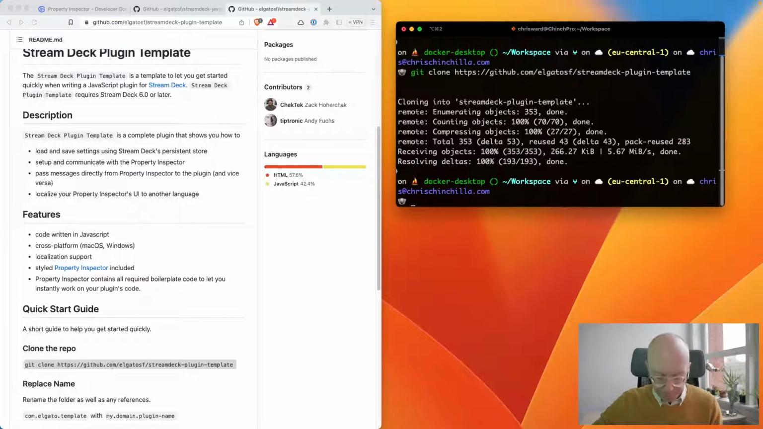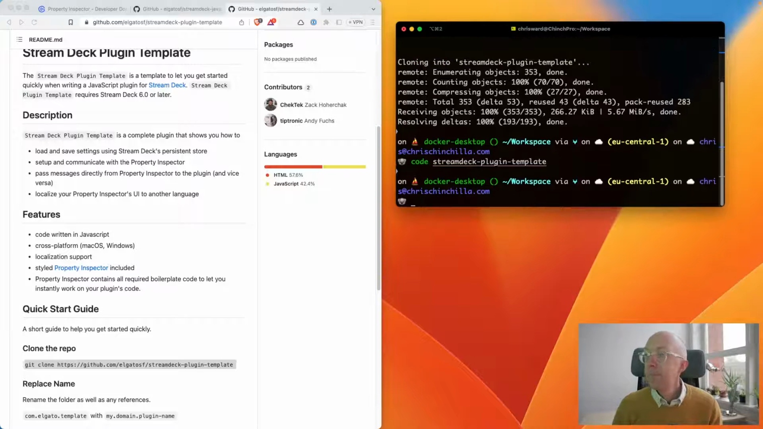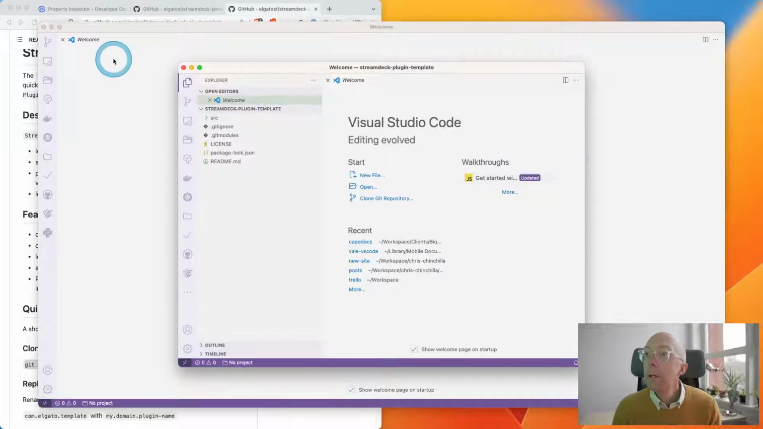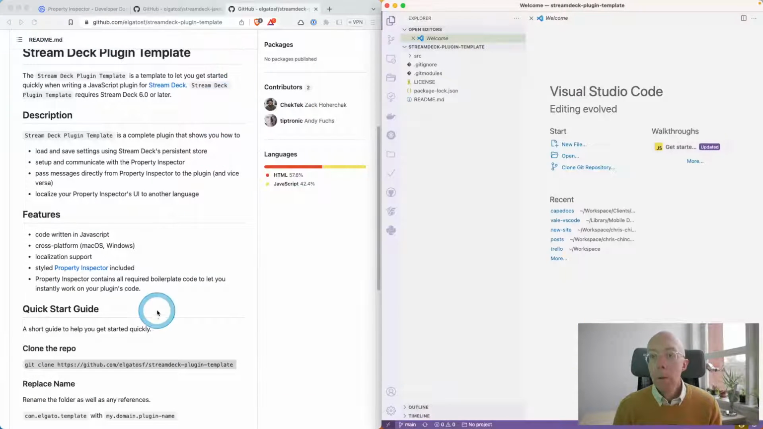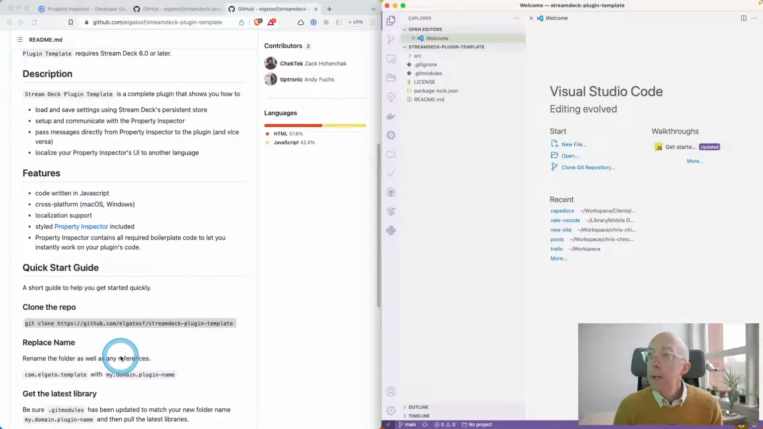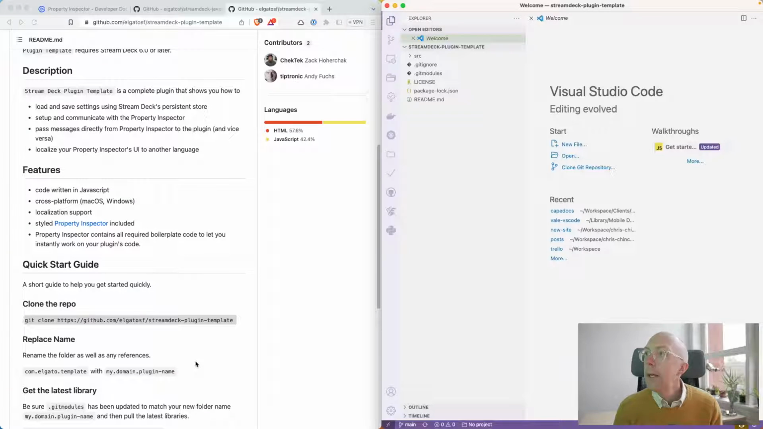And then code. There we go. Oops. Couple too many. Rename the folder as well as any references. Do you mean the folder? I guess that means the actual... I don't know why the folder would matter, but we can replace the, now